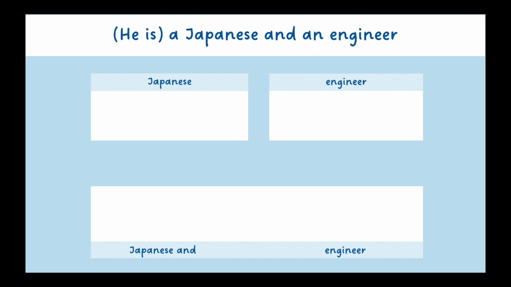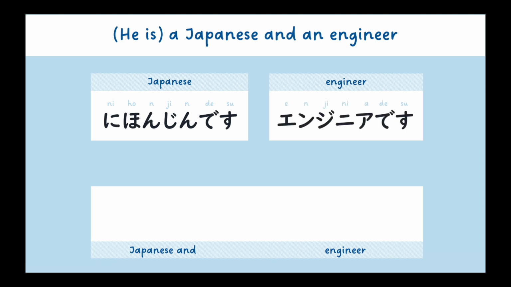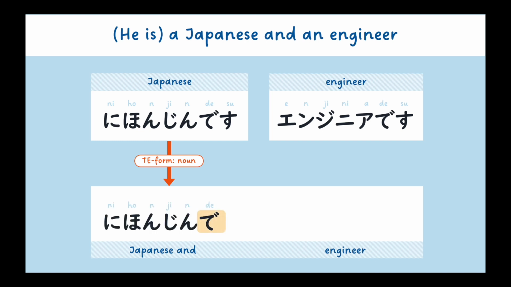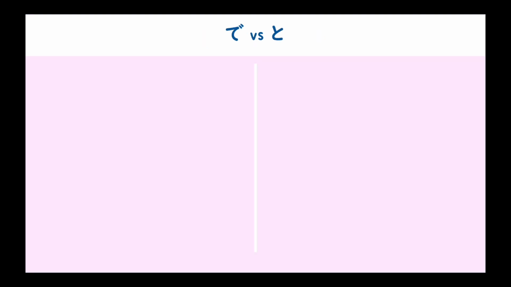Now let's see an example with nouns. When you want to describe someone using two nouns like he is a Japanese and an engineer. He is Japanese is 日本人です and he's an engineer is エンジニアです。You use the te form of the first noun and leave the last noun as is. So, he's a Japanese and an engineer would be 日本人でエンジニアです。